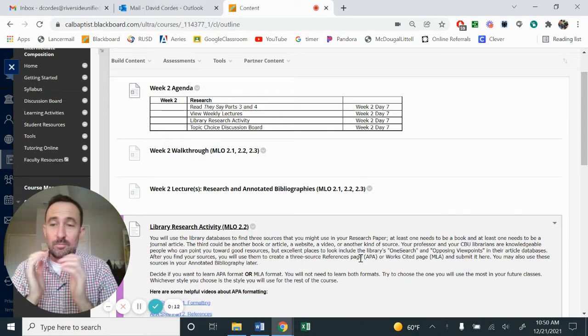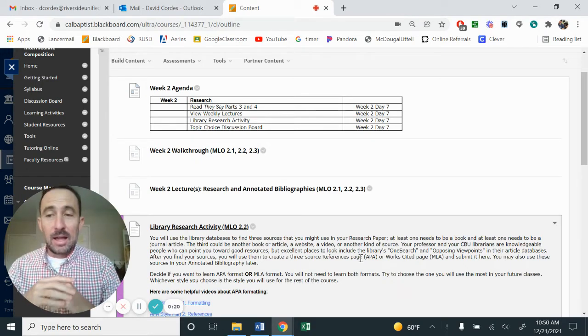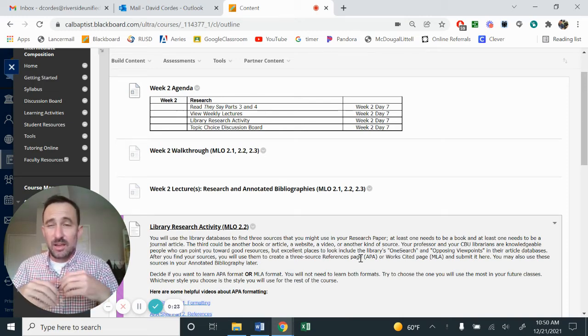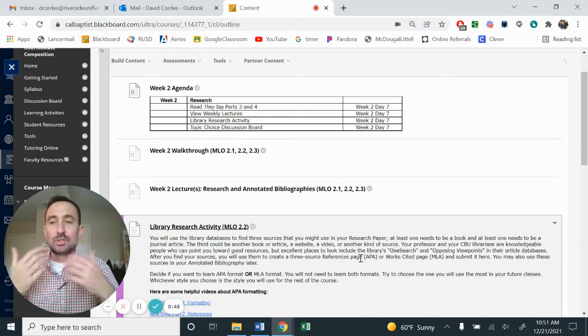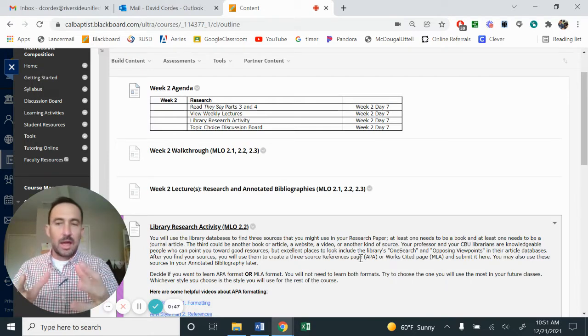Ladies and gentlemen, we have successfully made it through Week 1. Week 2 is where we begin our research adventure. During the first week, you had a chance to generate some ideas that you want to research and take a position on in the academic conversation. Now, as we approach Week 2, we have some goals of finding research. We need to dive into what it looks like to do research, how we gather our resources, and how we evaluate our resources.